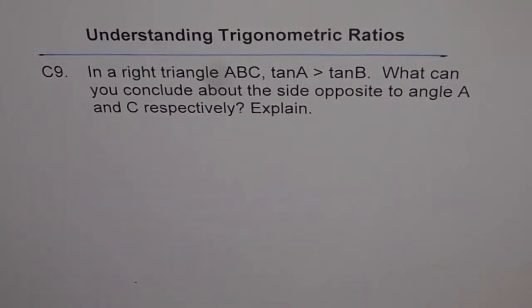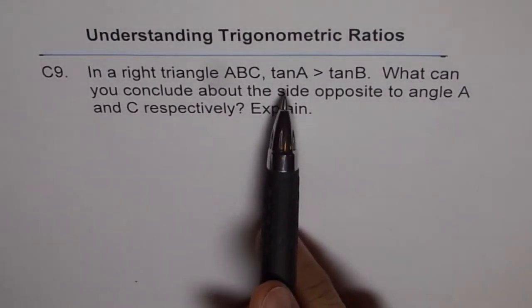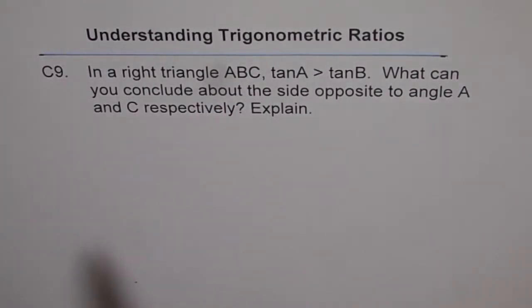This is a communication question, C9. In a right triangle ABC, tan A is greater than tan B. What can you conclude about the side opposite to angle A and C respectively? Explain. So we are taking time here to understand the basic trigonometric ratios so that we can easily move through